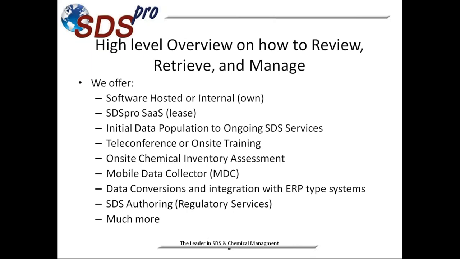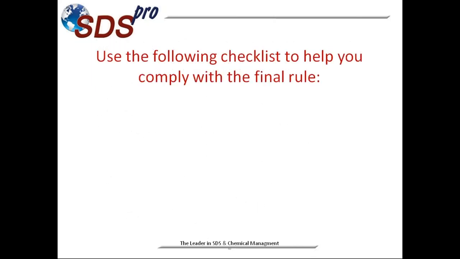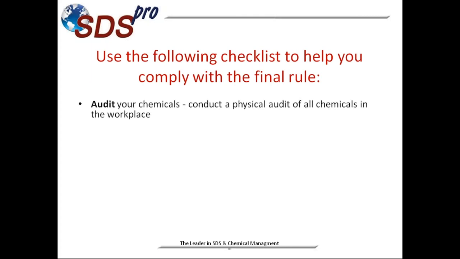Now what we're going to go through is just kind of a checklist, and then get on to the application. So use the following checklist to help you comply with the final rule. The final rule referring to the new GHS legislation. This was just as true really before, with the 1910.1200 versus before the GHS. Really the only real way to get started, I don't want to downplay what you currently do, but